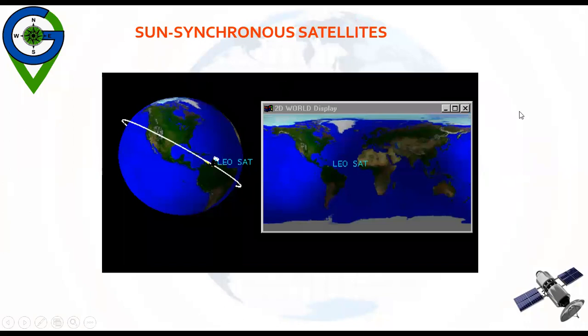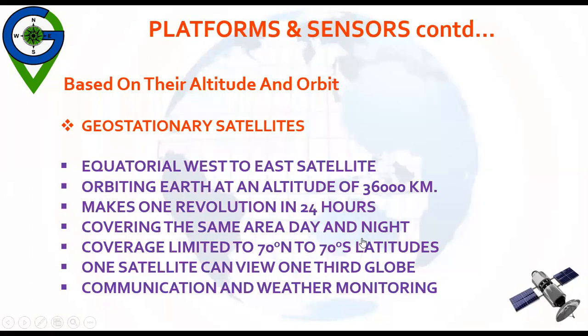Then the sun synchronous satellites and the satellite imagery taken by the sun synchronous satellite is shown here. Then, based on their altitude, the second type of satellites are the geostationary satellites. Geostationary satellites are not stationary, but they are stationary in reference to the Earth. Like if the satellite is launched for the Indian subcontinent only, then for the whole period of their life, they will